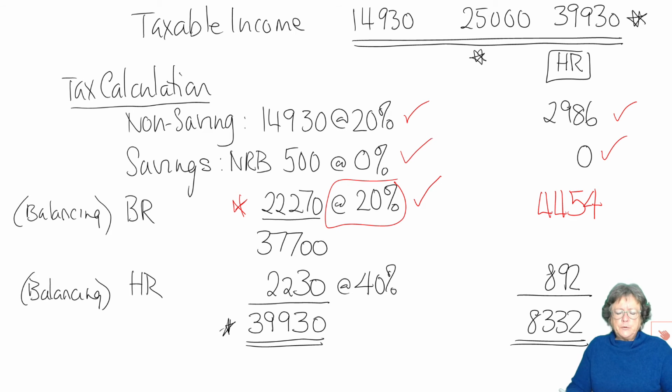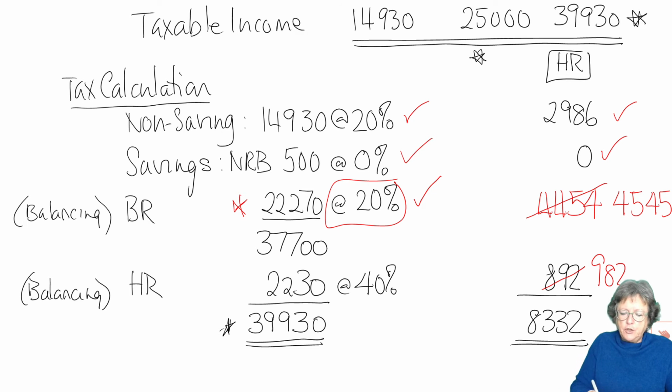Okay, but instead of doing that, you'd put 4545, for example. Okay, and you'd done that, and instead of putting that, you'd put £982, but you'd put the correct figure and the correct amount. And say there were 3 marks for this little bit that we're doing now. You'd get 1 mark for doing the non-savings income, 1 mark because you've got the rule. So you get 1 for that,